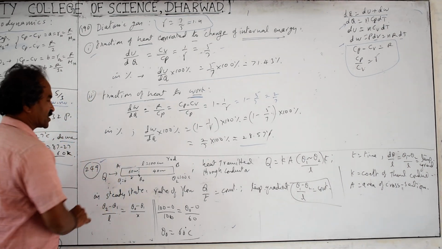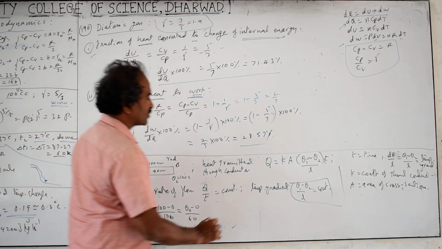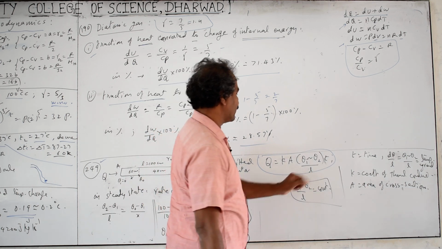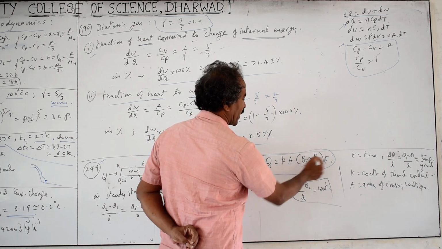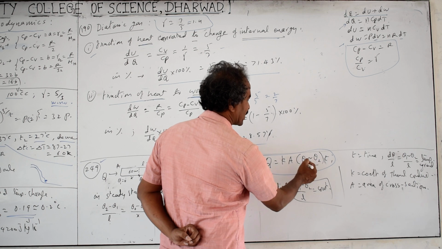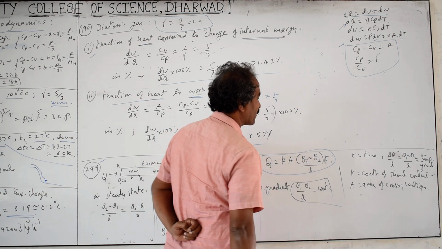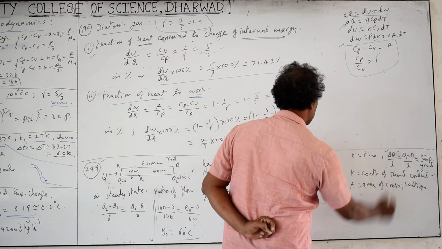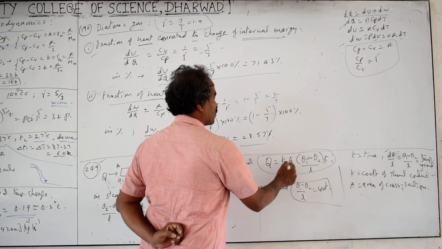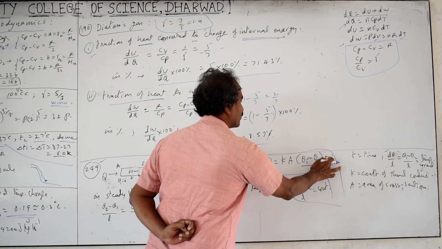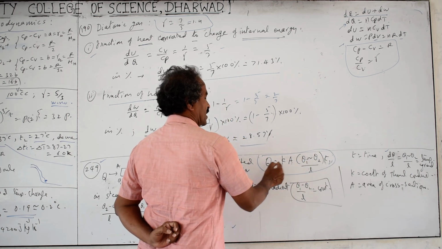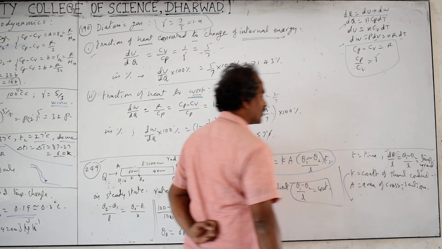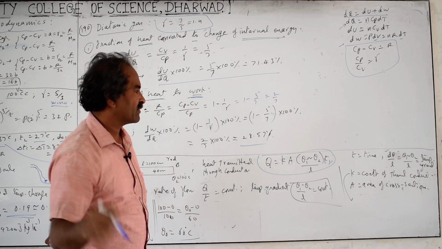Now coming back to conduction, the heat is conducted through solids. Take a rod of area of cross section A and length L, with the temperature difference between the two ends theta 1 and theta 2. The temperature difference, theta 1 minus theta 2, divided by length is called the temperature gradient. This is also written as d theta by L. Q is proportional to A, the temperature gradient and the time, since more time means more heat transmitted. The proportionality constant is K, called the coefficient of thermal conductivity. Its units are important, and the dimension formula is also important. Mostly the units are very important.